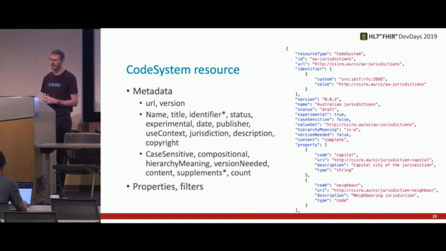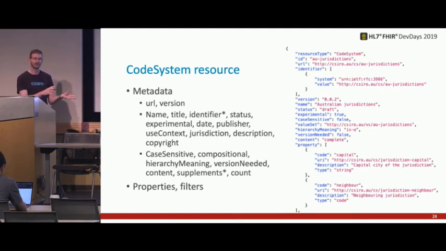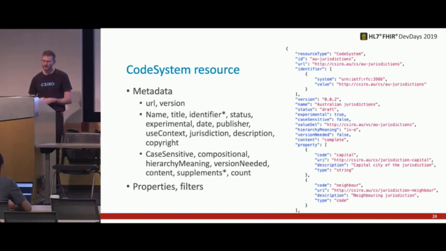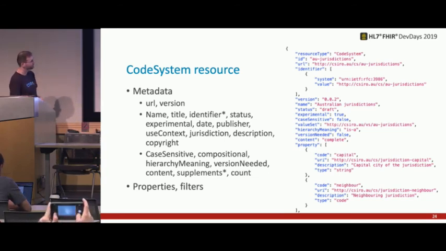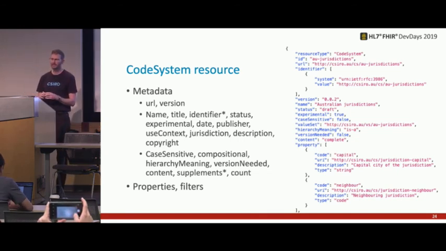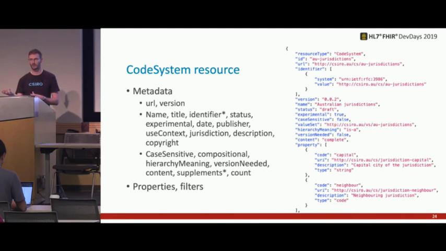There's a whole bunch of metadata that you can specify for a code system: name, title, identifier. Identifier now has multiple values in FHIR 4, status, experimental, date, etc. Those metadata fields are common across all of the terminology resources. So on the slides I'll get to in a moment for value set and concept map, same ones. There are a few fields as well that change how a code system can behave. So case sensitive tells you whether the user is required to get the case right in order for a code to be correct. Compositional